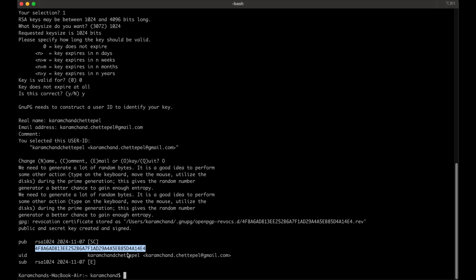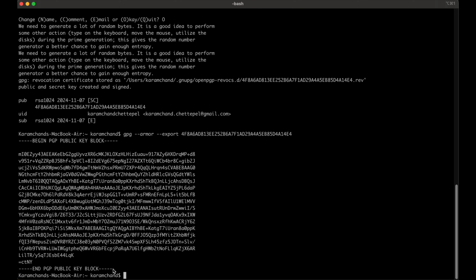Now let's export this GPG key to print the key. gpg --armor --export and this key ID. It will print my public key. Copy this public key,